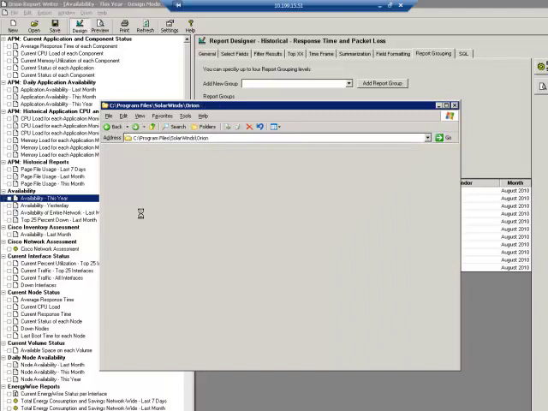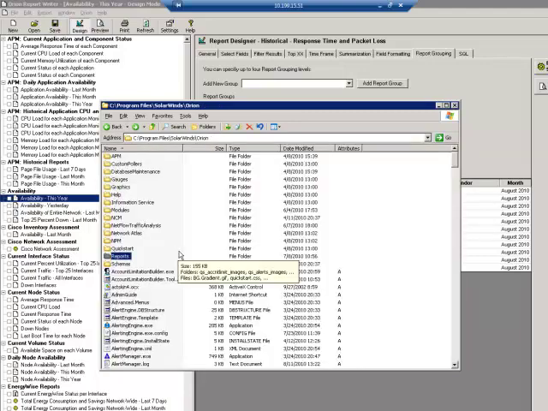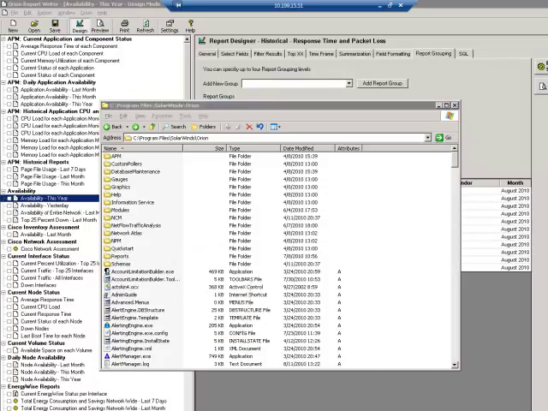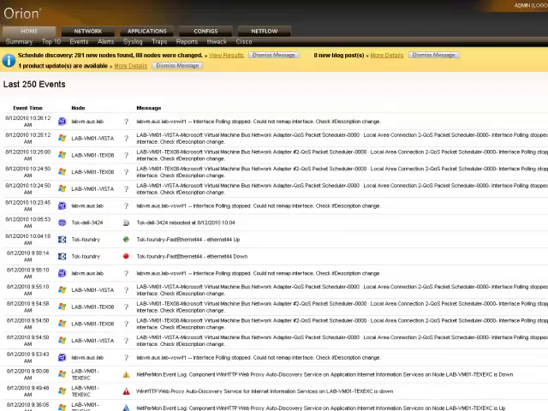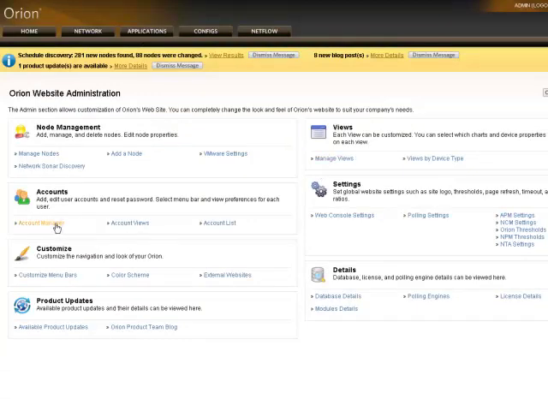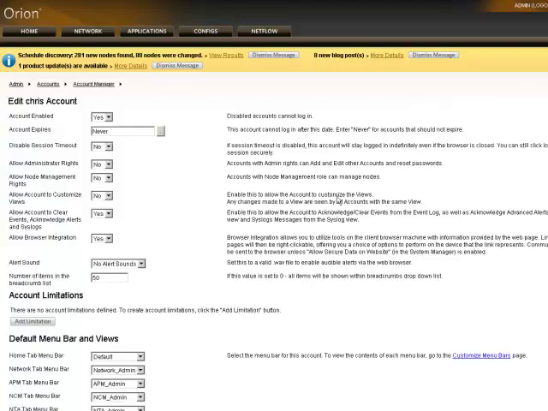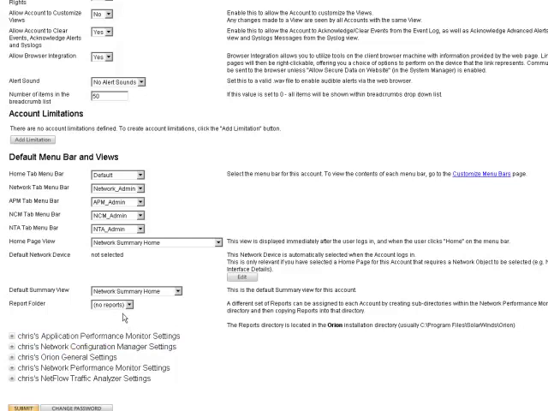is come back, copy those reports, and create a new folder for management reports or power users reports. And then when you go into the specific accounts for those users, so if we go back here to settings, account manager, and let's edit Chris's account here. Within this specific account, instead of specifying the report folder, he has no reports, so instead of specifying /reports, when you create that new folder with the reports that you want to include, you'll specify